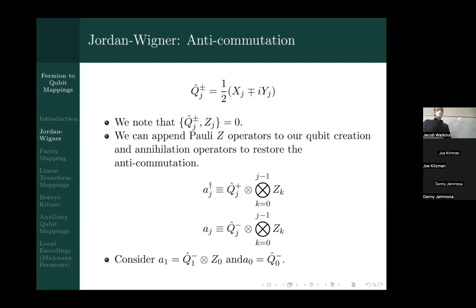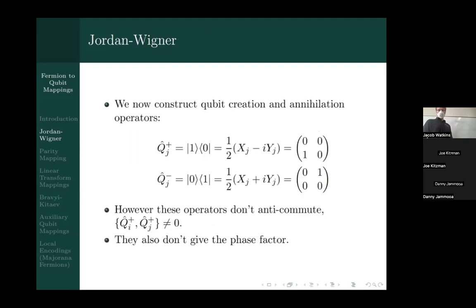Could I ask, do you have a nice reason why they don't anti-commute? Like what is their anti-commutator? Is it easy to see? Yeah, no worries if